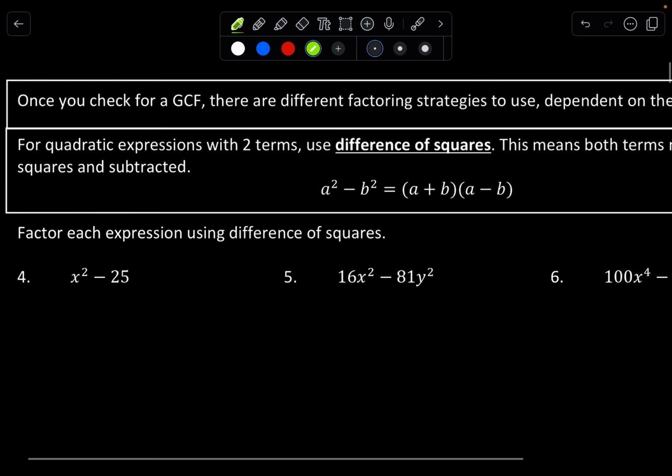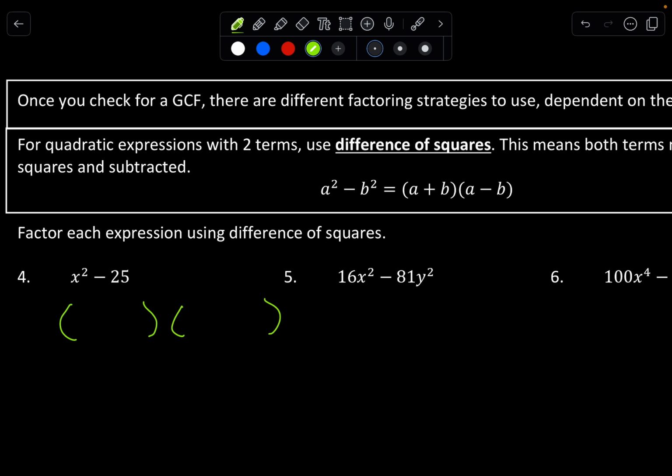In the first one, you can see that the pattern is a squared minus b squared equals a plus b and a minus b. So you'll have the same thing twice. The only difference is you're going to have a plus in one of the expressions and a minus in the other. So if I want to set that up here,